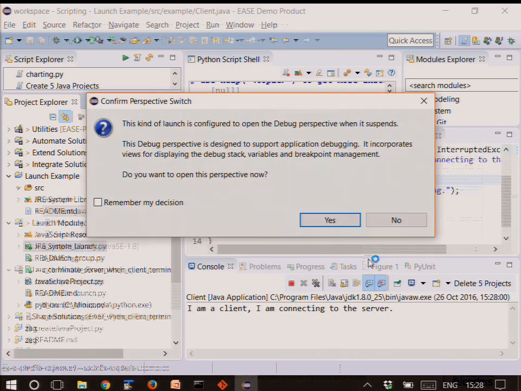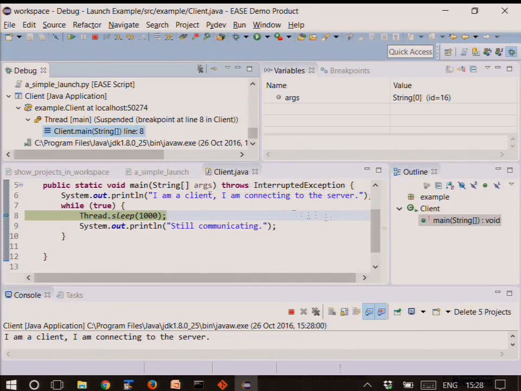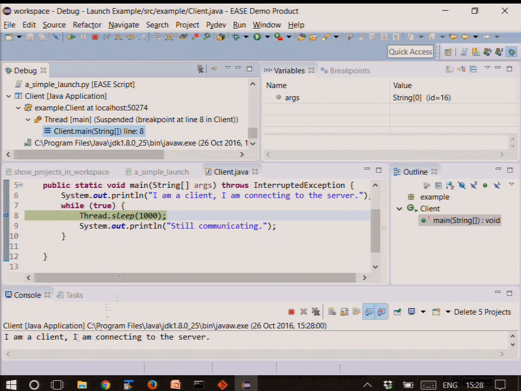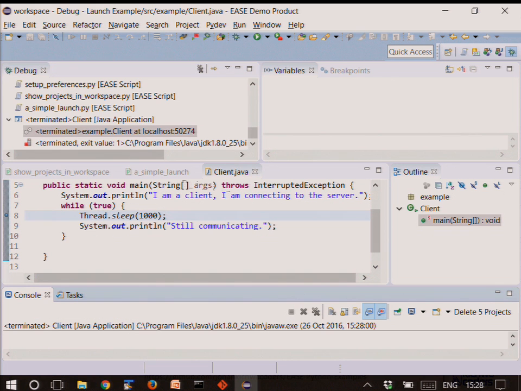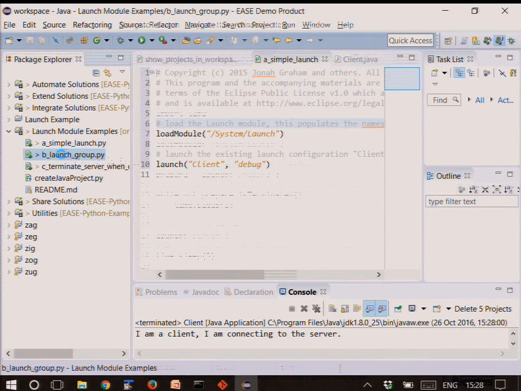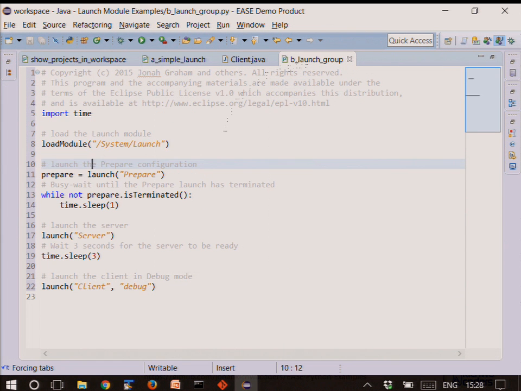So this is just a simple launch. If I run this as an EASE script, it's going to start a debug session on my client, which is just 3 lines of code to demonstrate here. So it's a client connecting to a server, pretending to. Now I wouldn't recommend you do it for that. We already have launch configurations. But if we take it to the next stage,